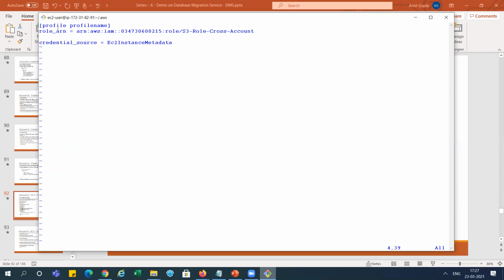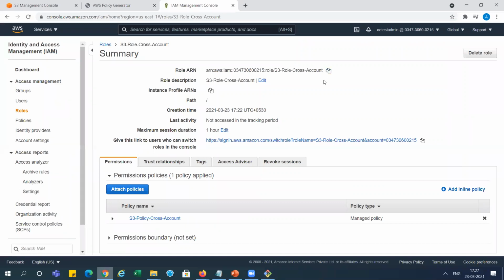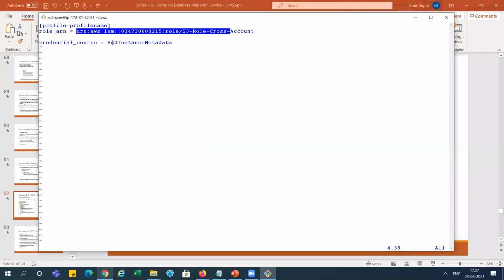You can see here its profile name is there, role ARN. This ARN is the same as for account B. You can see in this account, the same ARN we are using, which is created in account B, right? And the source is Ec2InstanceMetadata, right?